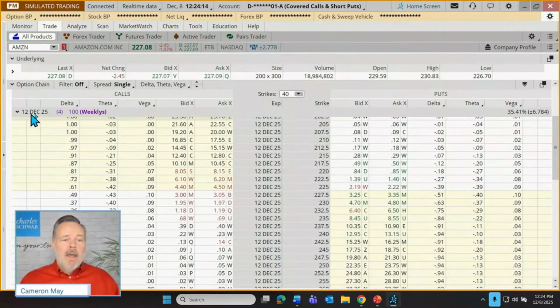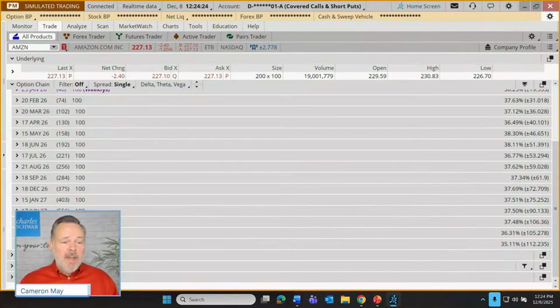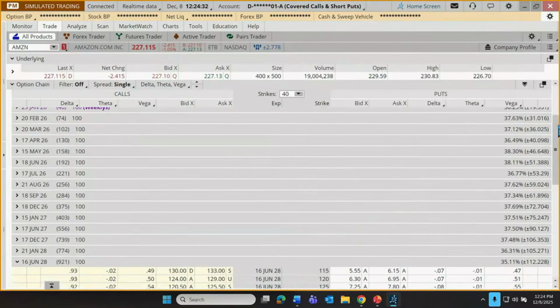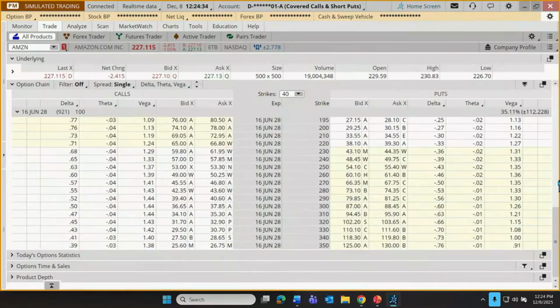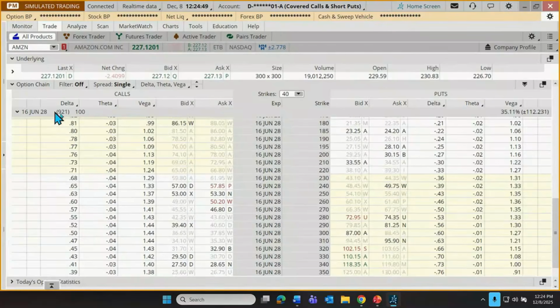So for this account, it makes a little difference, a lot of difference. Anyway, let's say that 28 cents isn't quite going to cut it for our trader here. Maybe they go out to, I'm just going to exaggerate things, what if we entered into a contract for the 16th of June of 2028? 921 days from now. Well, if we get into a contract and agree, we don't even have 200 or 215, even 210, somebody might pay us $33, $34 per share for that right. But then the trader could be on the hook for a while, 921 days at the longest.